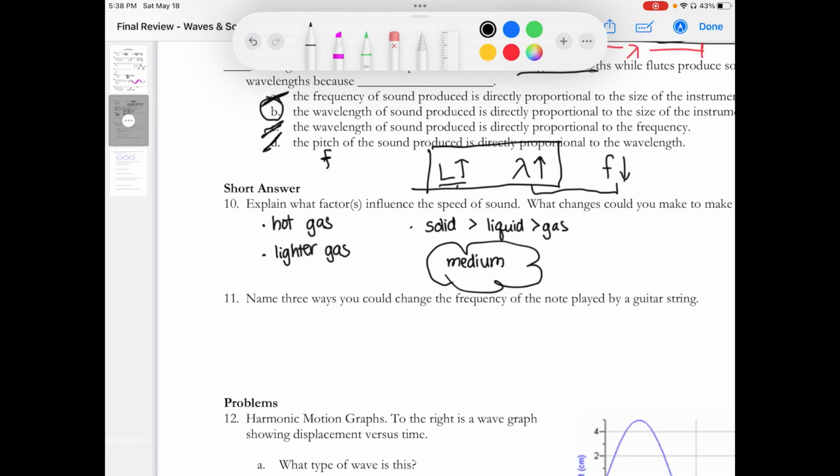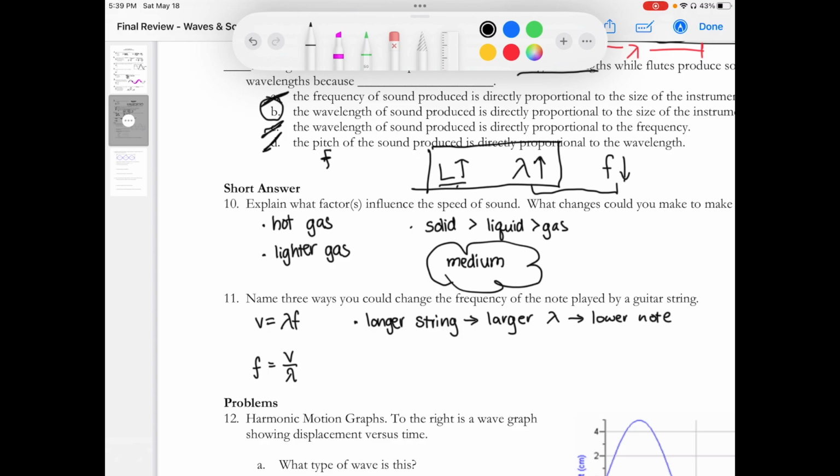For the frequency of a note played by a guitar string, frequency depends on a bunch of things. I'm going to take my wave equation and just rearrange it for a second. The frequency that you hear depends on the speed of sound and the instrument size that it's going through. So on a guitar string, I might pick a longer string. That might mean taking your fingers off the fret so the string is longer, because that would make a larger wavelength. That would change the frequency to a lower note,